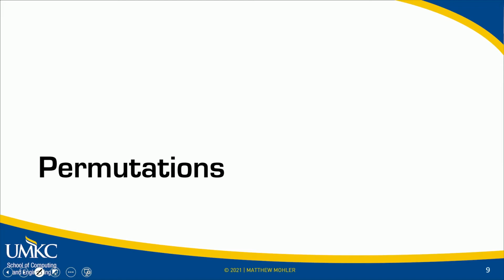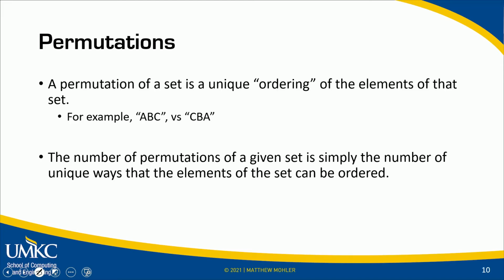Now in this section we'll be looking at permutations. Permutations of a set are basically just a unique ordering of the elements of that set. So for example, ABC would be a different permutation than CBA even though they contain the same elements. And the number of permutations of a given set is just the number of unique ways the elements of that